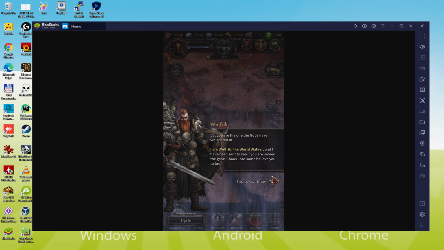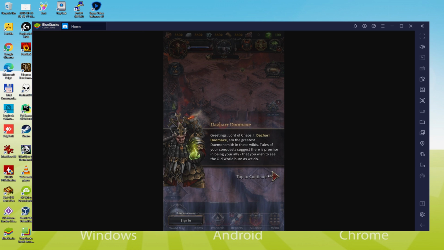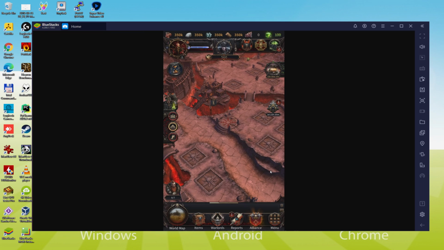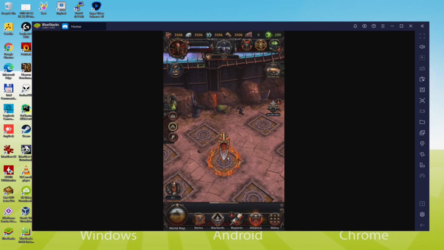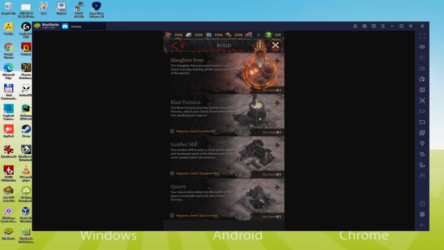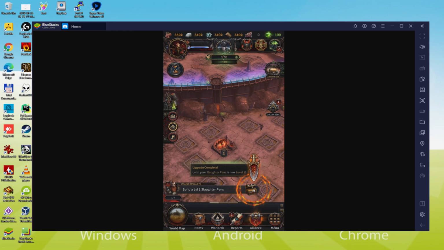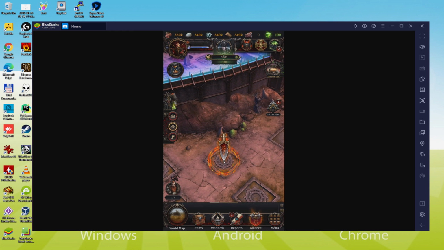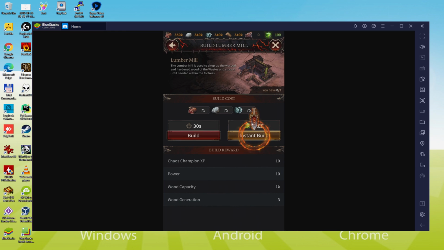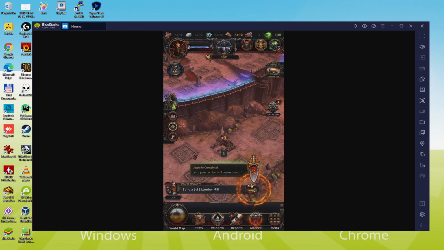Today we are going to discover how to launch and play Warhammer Chaos and Conquest on PC. As you can see now, you can display it on your screen. It takes almost no time to easily download and install Warhammer Chaos and Conquest so that we can enjoy playing your game on the Windows computer using our keyboard, mouse and big screen. Then it's time to have fun. Let's get to it.